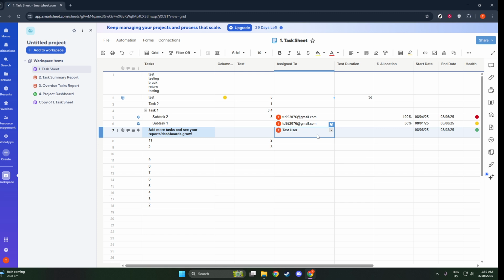Start typing either the name or the email address of the team member you want to handle this task. You'll notice something intuitive here. Smartsheet is designed to make your life easier, so it auto-suggests contacts from within your organization's directory. This means that as soon as you begin typing, Smartsheet gets to work, scanning through your organization's contact list and